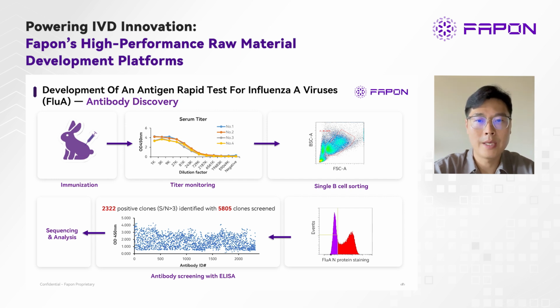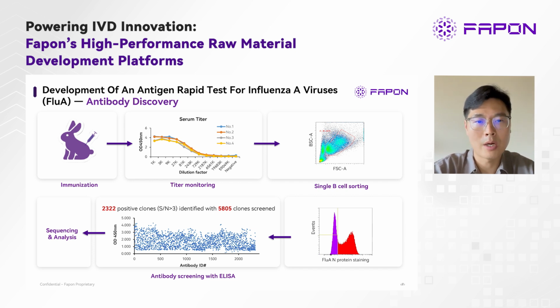In this particular case, we used the single B-cell sorting method. We used the manufactured N protein as an immunogen, and following immunization, we saw a robust immune response from the rabbit via titer test. For single B-cell isolation, in this case, we first removed the cell debris and the dead cells, followed by B-cell labeling with biotinylated N protein. The labeled B-cells are then subjected to isolation and culture using an internally designed medium. The antibody titer was then tested using ELISA assay.